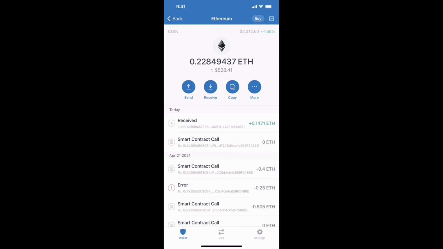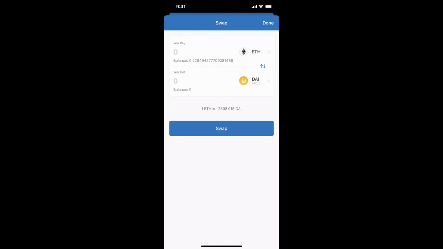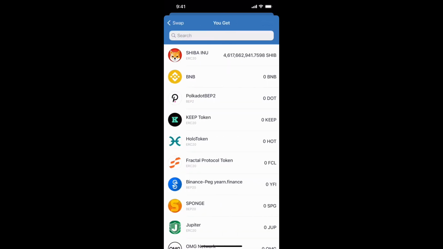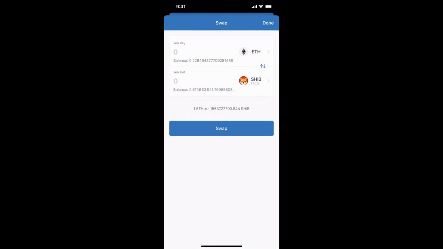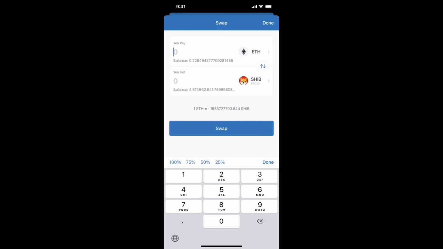Then we click on more, then we click on trade ETH, then we swap it from ETH to SHIBA coin. We write the amount that we want to swap from ETH to SHIB. The available balance right now is 0.22, so we write 0.15. Then we click on swap,